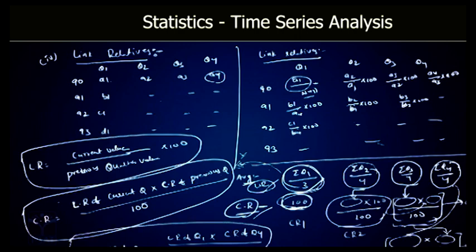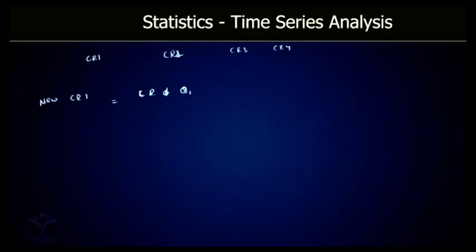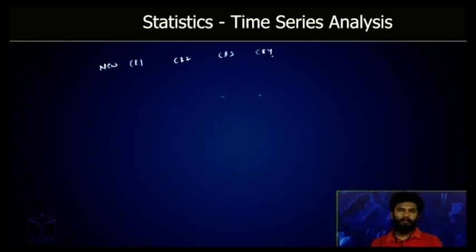Okay, once again the new chain relative for Q1 is given by the link relative of the Q1 into the chain relative of the Q4 which we have calculated divided by 100. That will give the new chain relative of the Q1. Okay, now after finding the new chain relative, what we do here, we know new chain relative of 1, CR2, CR3 and CR4, all the values we know. We have to find the